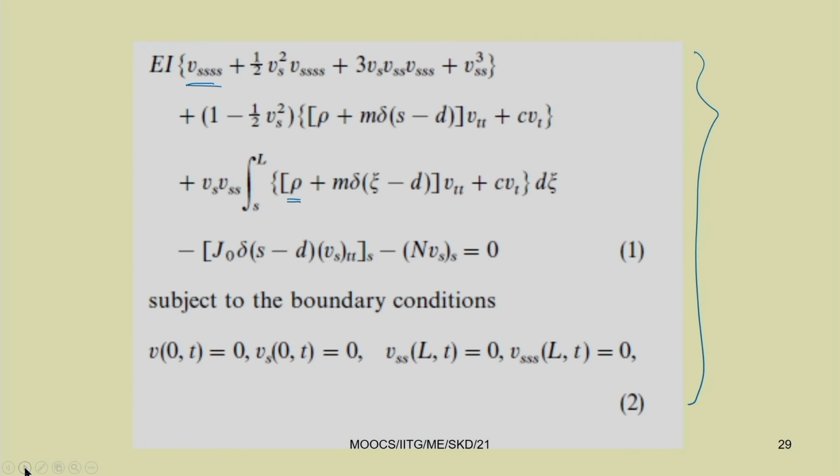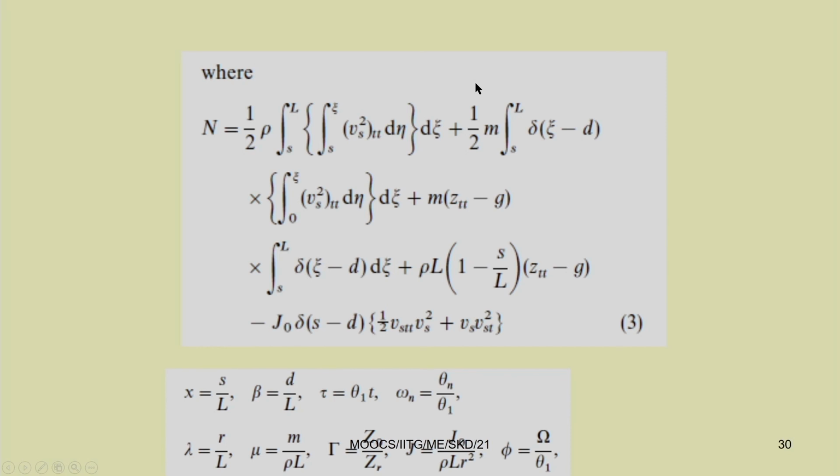So, at that time you have to expand this equation and you can get these equations. You just see, due to the presence of all these terms, the equation of motion is a nonlinear equation. So, these also contain nonlinear equations. Now, by taking these non-dimensional parameters, x equal to s by L, beta equal to d by